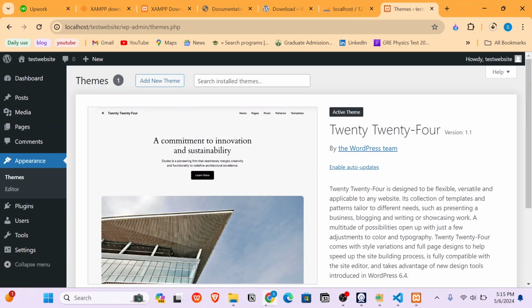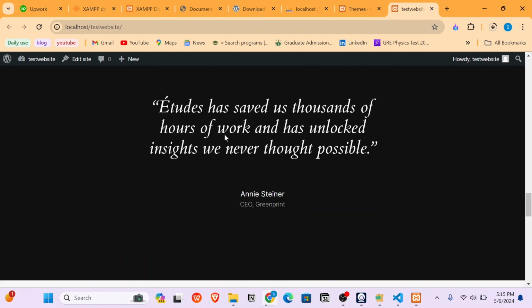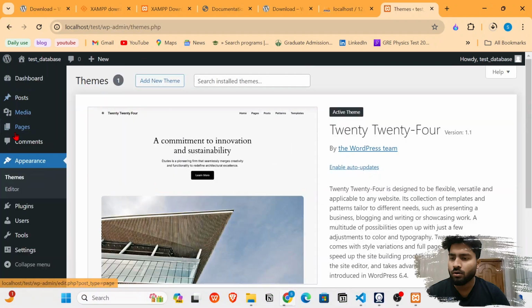We have deleted extra pages, plugins, and even themes. I'm just going to check out our site. It's just pretty plain, and so now we're ready to go, and you have everything you need to get started